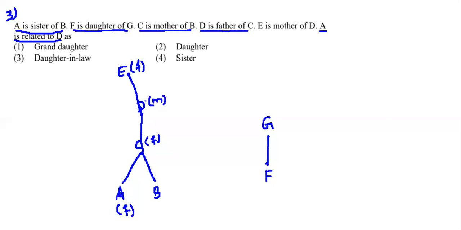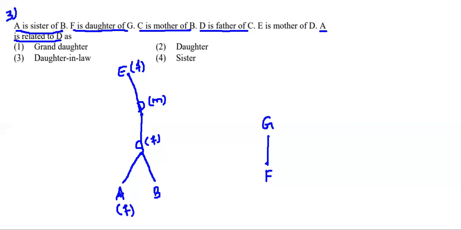D is none other than C's mother, sorry, D is none other than C's father. That's what is given here, right? Yeah. D is the father of C. That's what is given. So that means D is the father of C, and A is the